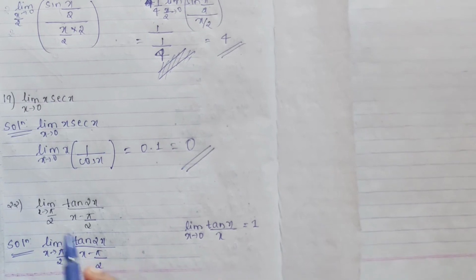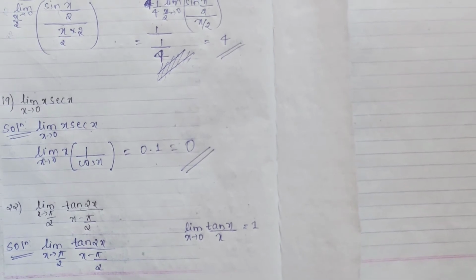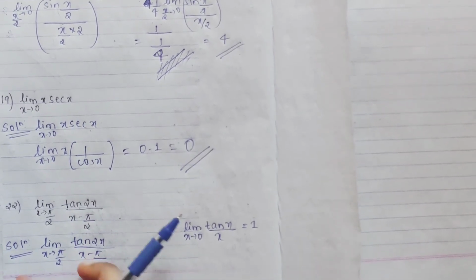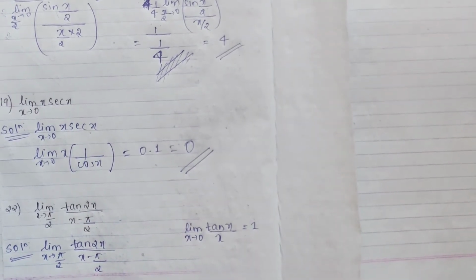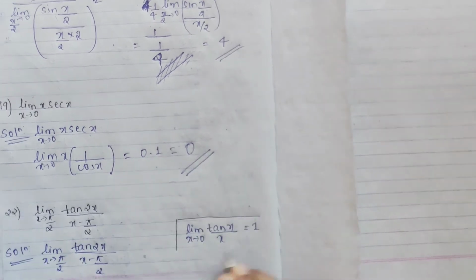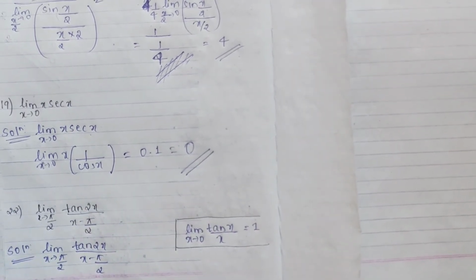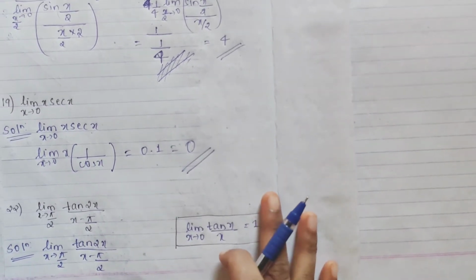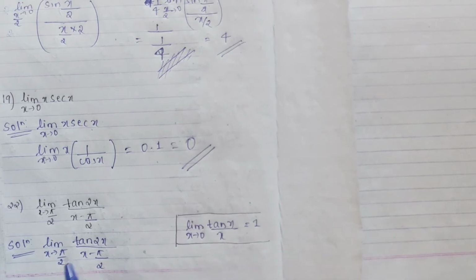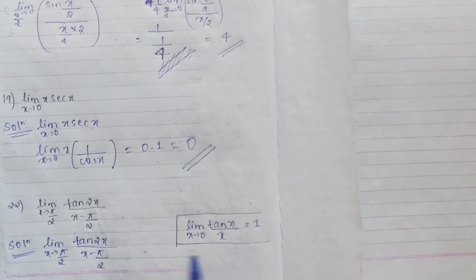Now we have the 20th question. Limit tan 2x divided by x minus pi by 2 as x tends to pi by 2. Okay, this is also a very important question. Solution, write it as it is. Now you see, in tan we have just one theorem, this property I had given: limit tan x divided by x as x tends to 0 is equal to 1. So we have only this form, and before heading to this we first have to check if the denominator is making 0, and only then we modify it. So obviously, if you put pi by 2 here, pi by 2 minus pi by 2 is 0, so obviously you have to modify it.